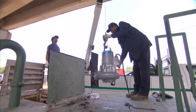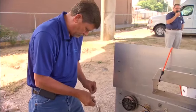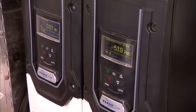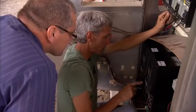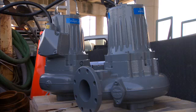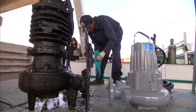Our focus was to try to find equipment that would not only reduce our call-outs, but also save energy. And that's what these units were designed to do, to reduce the speed of the motors and reduce the customer's cost by possibly as much as 30% in energy costs. The smart controller also has a routine to help clear the pump of any debris. Flygt offered to install 8 submersible pumps in 4 of our lift stations. We picked out the worst lift stations that we had for clogging, and when they made us that offer, we